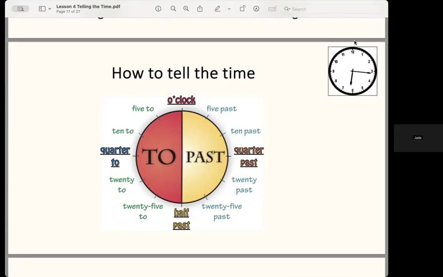So reading it by analog is a bit harder than doing it by digital, because once we get past the half past, then we have to start talking about the time to the next o'clock. Sorry, I should have started off with the term o'clock. O'clock refers to the number that the little hand is pointing to. So once we get past the 6, after 30 minutes have gone past the o'clock, then we have to turn it into the next o'clock.